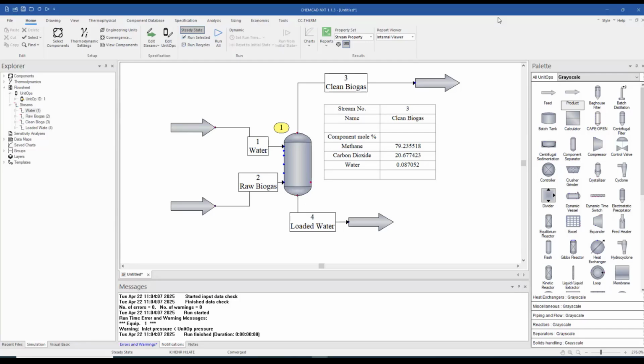So we can see the effect of our three parameters of temperature, pressure, and water flow rate, but these parameters are correlated. So we would like to find a set of parameters that gives us the desired clean biogas concentration of 98% of methane. So instead of trying a trial and error procedure on these three parameters, there's a nice tool in ChemCAD, the sensitivity analysis, where we can change the number of parameters or the several values for these